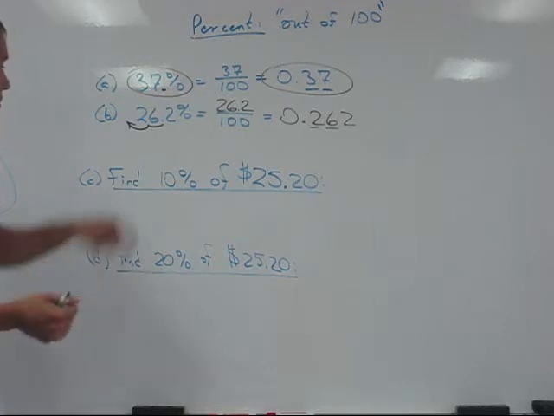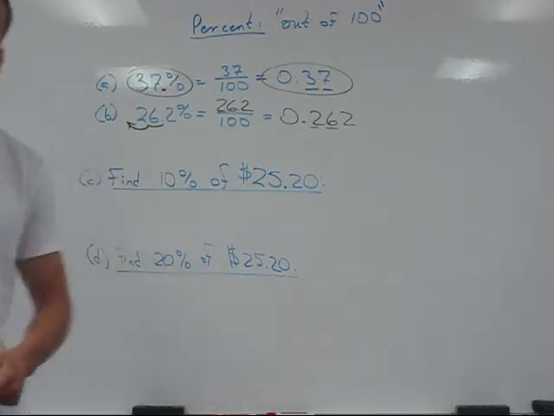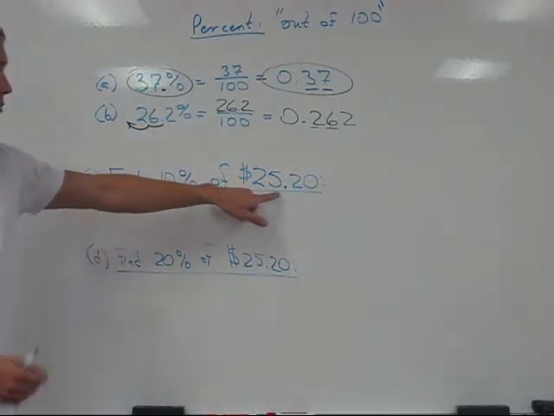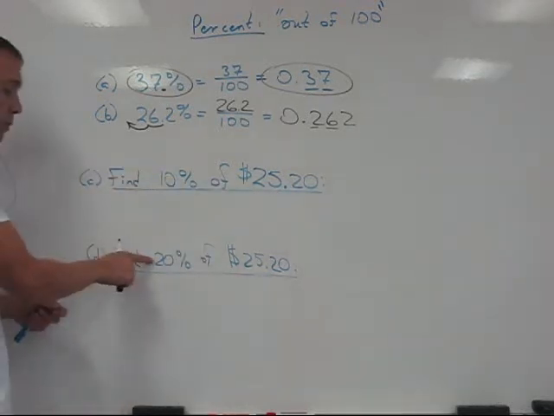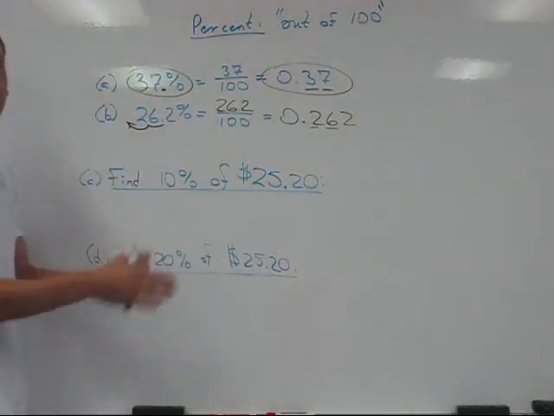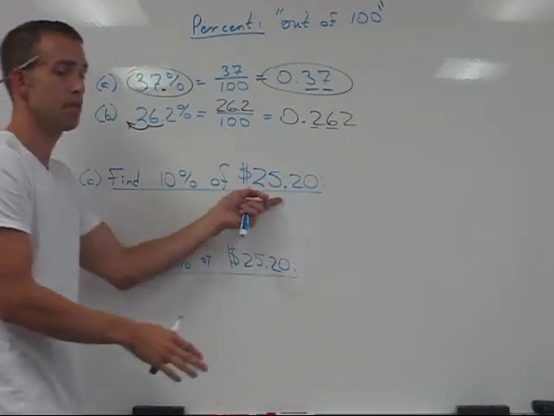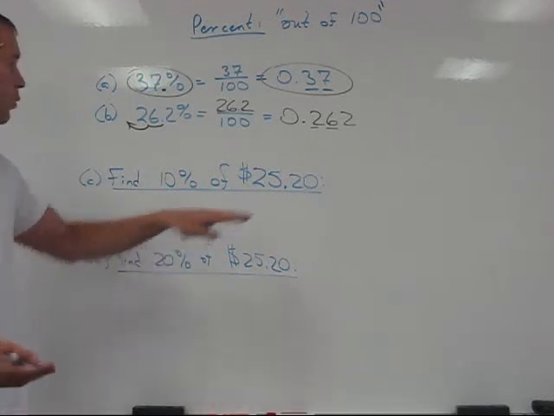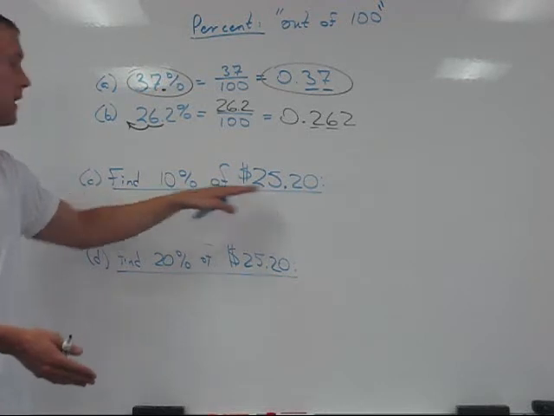Okay, now moving on to the bottom half of the worksheet, we're trying to catch on to an interesting pattern here. And the pattern is this: finding 10% of a specific number and using that to help us find a different percentage, but of the same number. Okay, now I'm going to go through this 10% of 2520 example with you, and let's do it through the context of sales tax. If somebody were purchasing something for $25.20, that being the total, and there was a tax